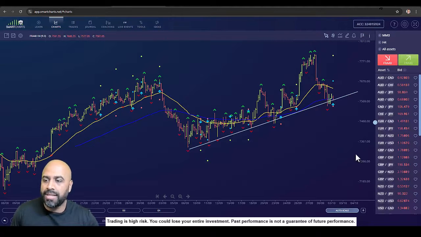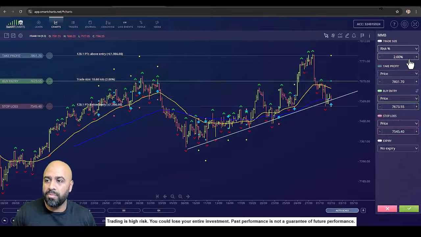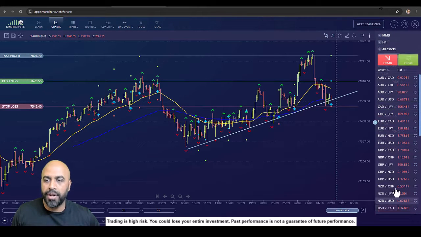Now, on top of highlighting the potential trading opportunity, it also helps to do the risk management work as well. By clicking on the buy icon, it populates an entry price at the blue dot, stop loss at the red dot, and target at the green dot. It does all your risk management calculations, which can all be adjusted according to your own user preferences, of course. And we like to set an expiry on this particular strategy. We'll give it to the end of the day, and decline or accept the trade at the bottom. So just a couple of things to highlight there.